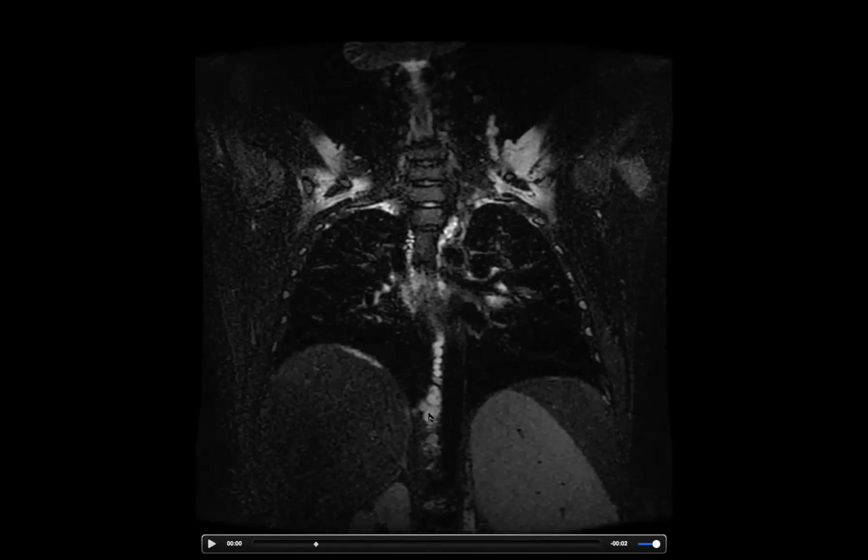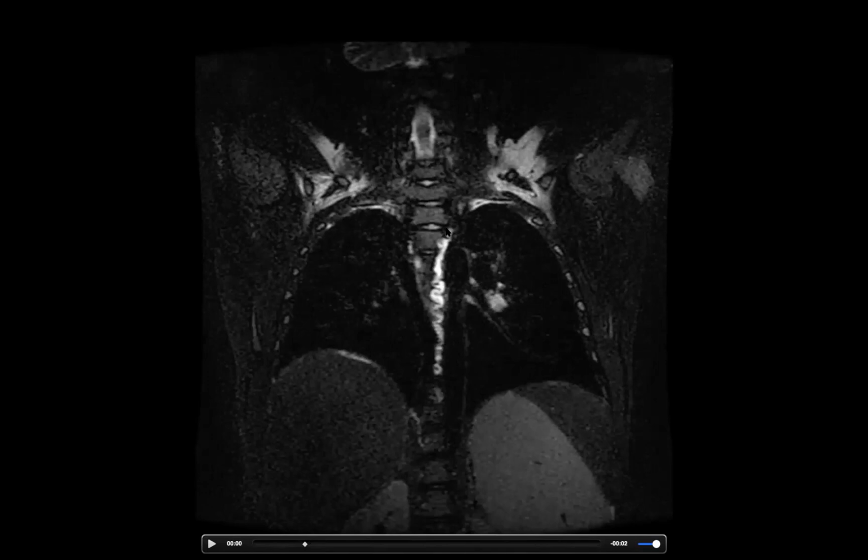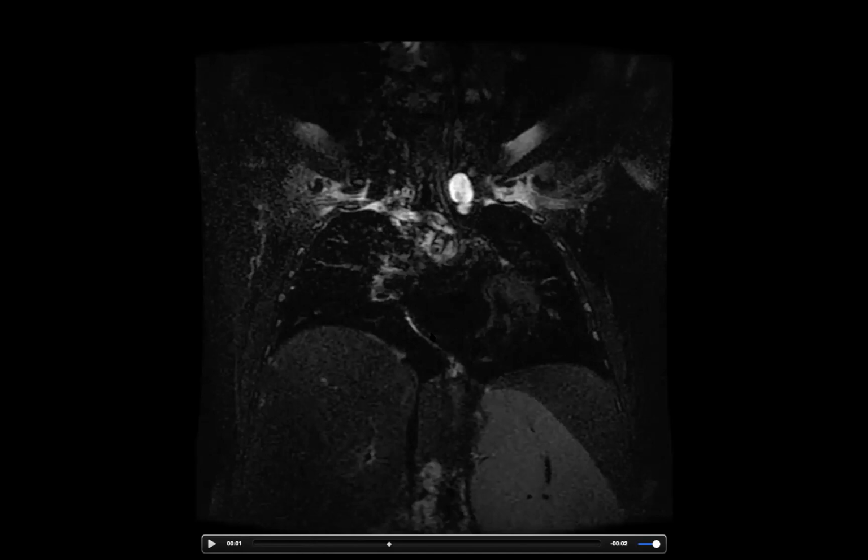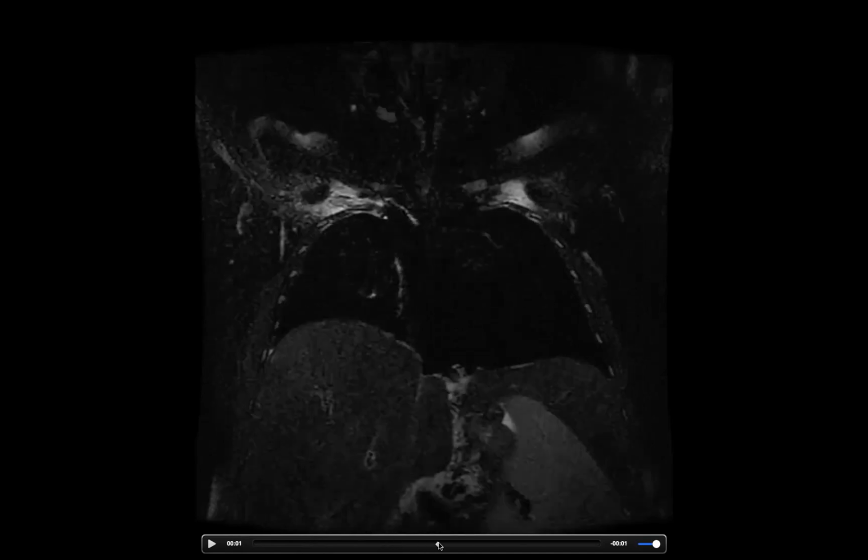But the interesting finding here is actually this structure. If you follow it up, it's a squiggly tube that's coming all the way up here, gets really dilated, and ends right here. So if anybody can name even the organ system of this problem,